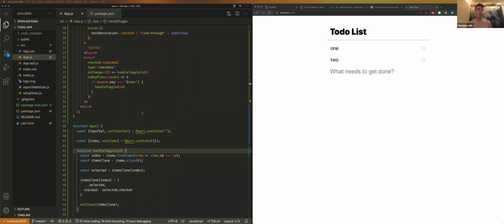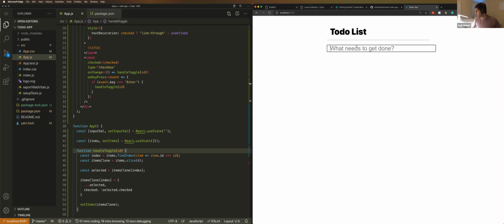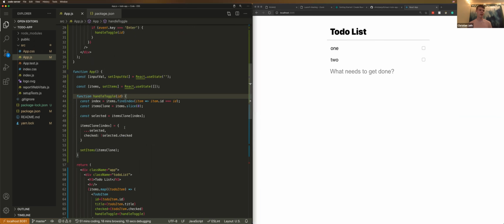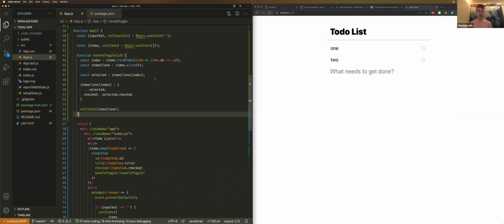Okay, because I also want to cover one more React hook. This is pretty cool, but the problem is when I refresh the page, it loses the data, which is super annoying. If you imagine your to-do list, maybe that's a feature actually. Maybe you want your to-do list to disappear when you refresh the page, and then everything that you had to do is gone. But let's assume that the user wants to actually save that data and remember what they needed to do. So what we're going to do is we're going to call the